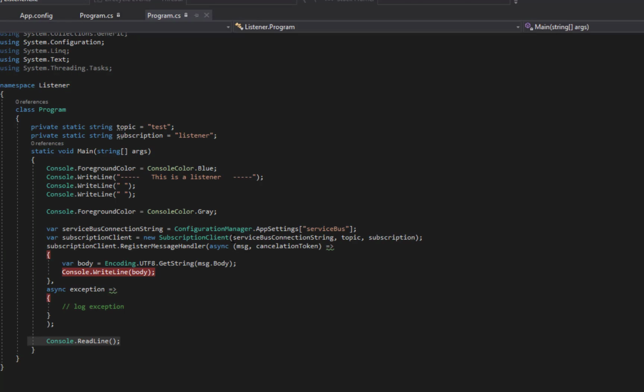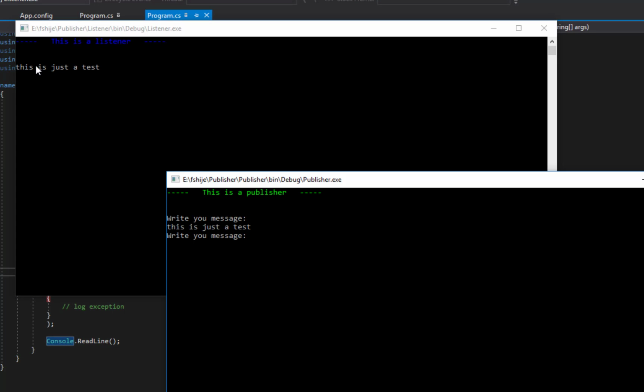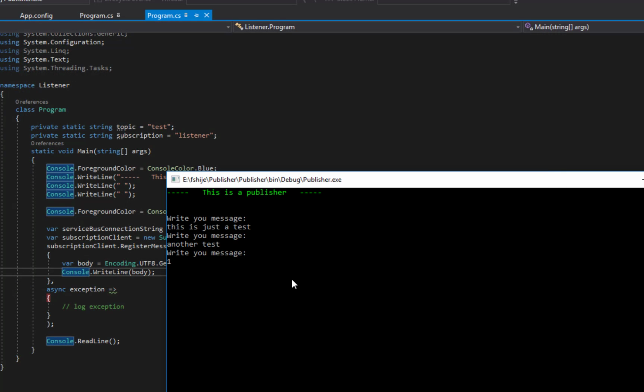So sending a message to our service bus now. See, our handler just fired because we received a message. We go ahead and continue with this. It will be written to our listener console. So we publish a message to a service bus, and the service bus will send the message directly to our listener. In case we close this one and we continue to write messages to our service bus,